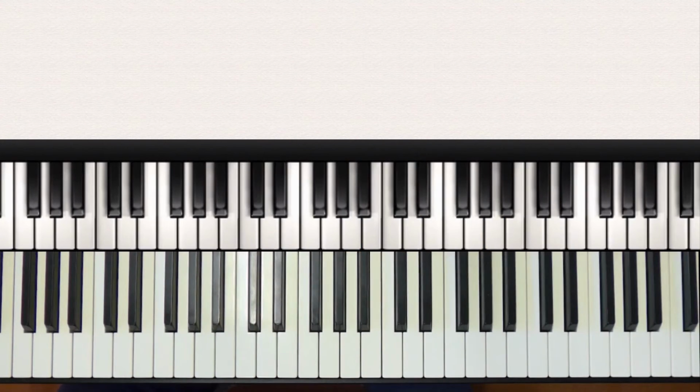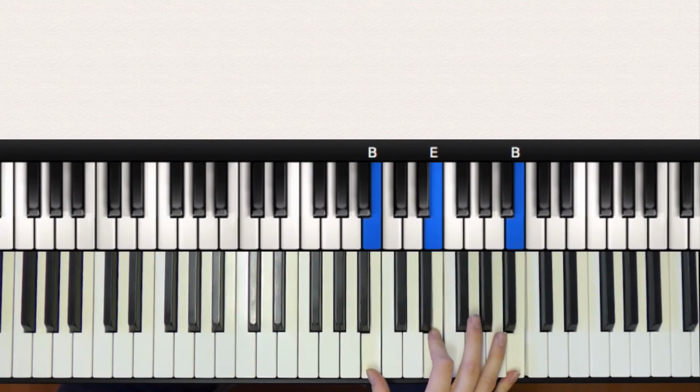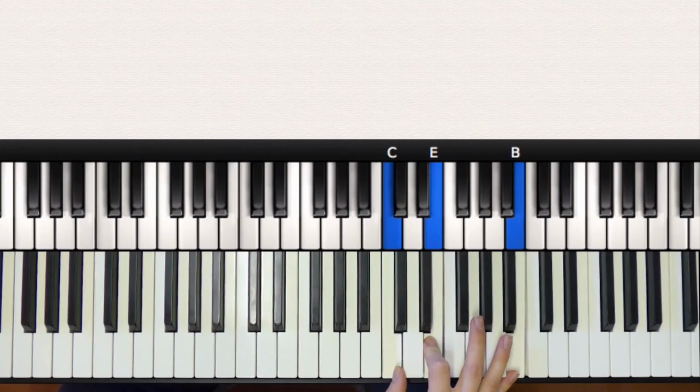We also need to put a passing note in between each chord, and you'll see why later. But for now, these are the passing notes we need to learn. So here's our first chord, and we have the note C leading to our second chord,